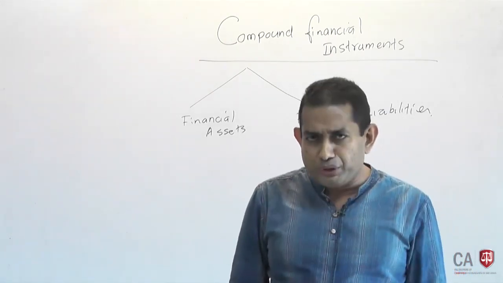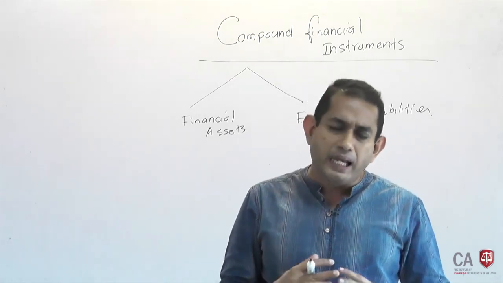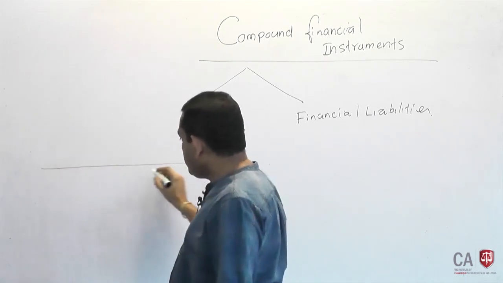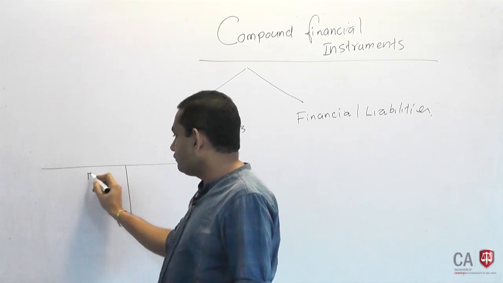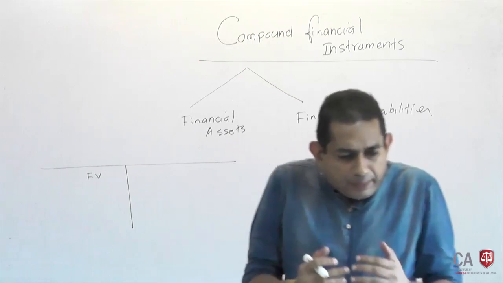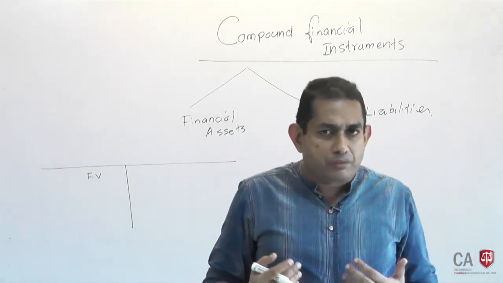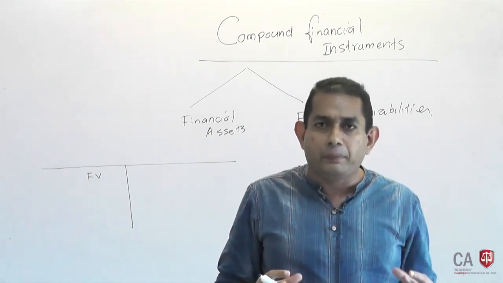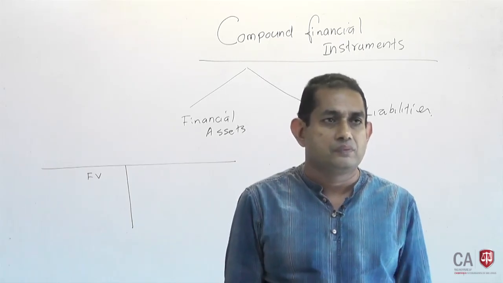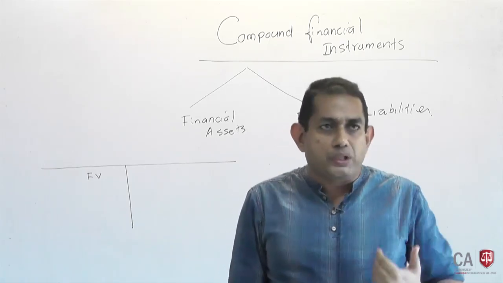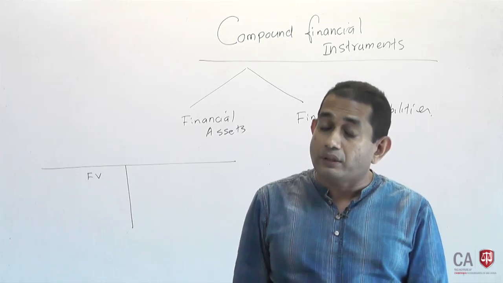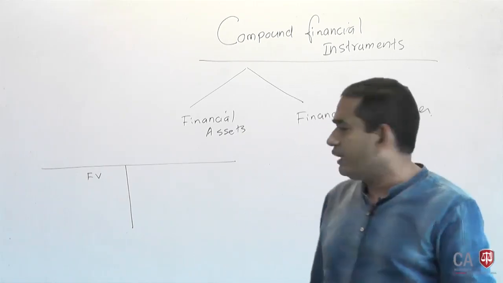All financial instruments, whether they are assets or liabilities, should be initially measured at fair value. We will discuss that under IFRS 9, our next topic. Irrespective of whether it is a financial asset or a financial liability, all of them are accounted for and measured initially at fair value. To determine and assess the fair value, we have IFRS 13. I will not go into that to that extent, but let me have a simple mechanism.